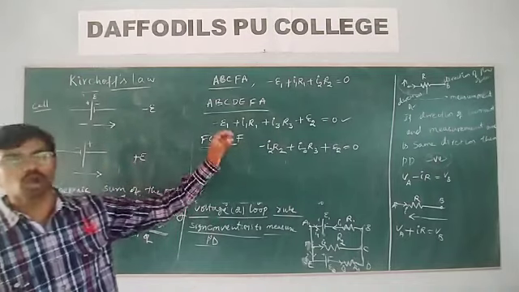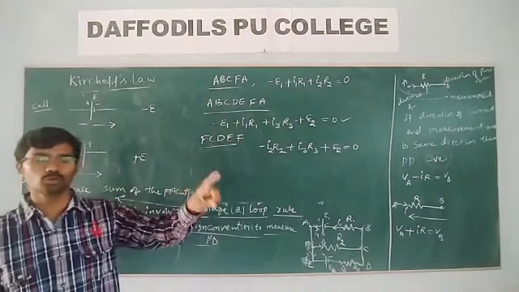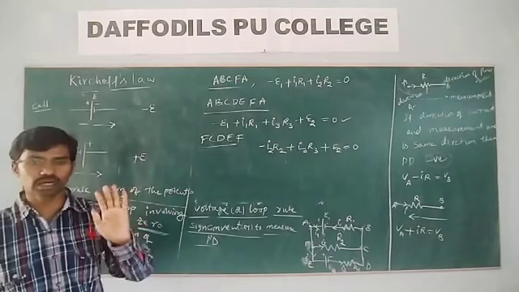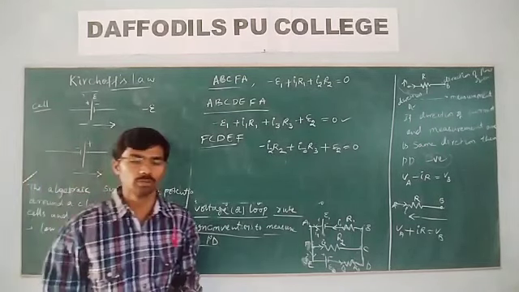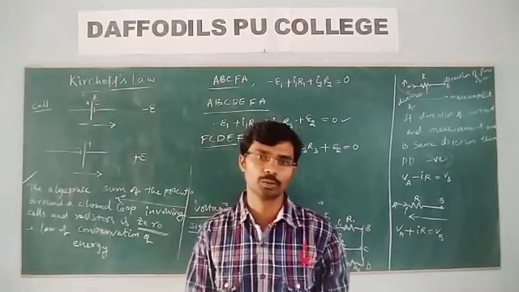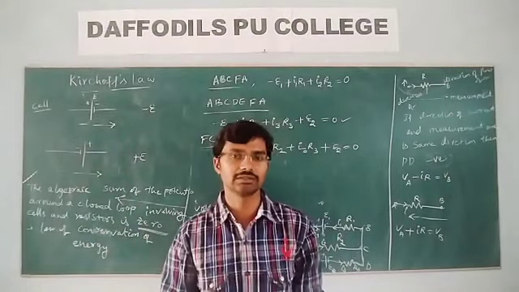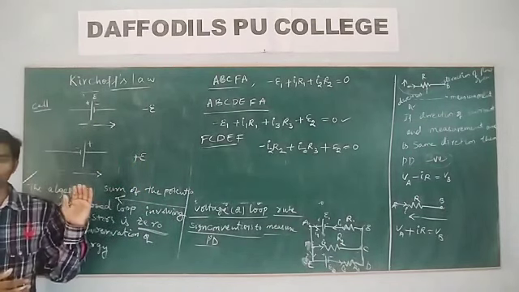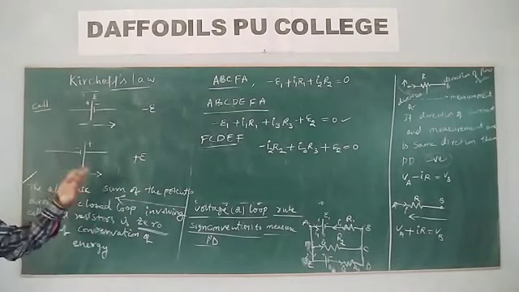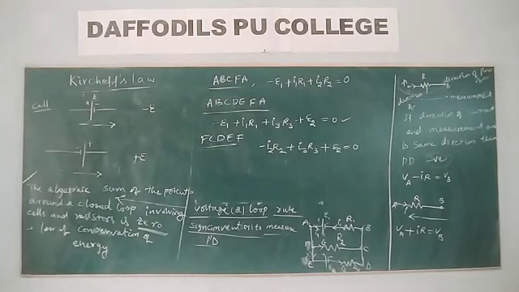So this is how to apply the voltage rule or loop rule. Very important. You need to understand clearly the junction rule and the loop rule, what the sign conventions are, and how to apply this voltage rule. We need to understand clearly and apply. Then we can discuss the next part related to this one.